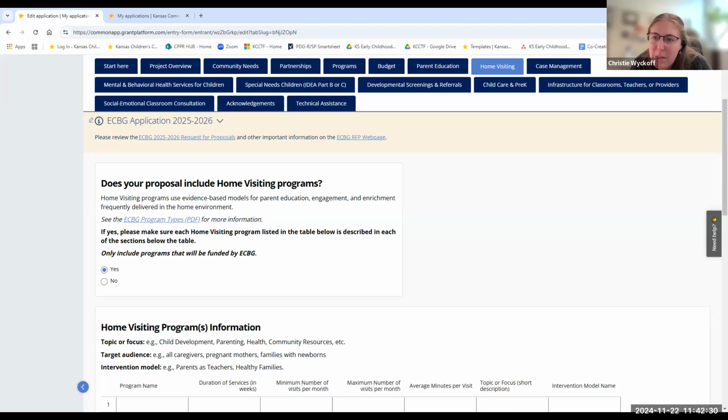Is there a limit on the months of payroll you can apply for? No, the funding is for July 1, 2025 through June 30, 2026. If you are awarded funds, that is the time period you can request funding for.